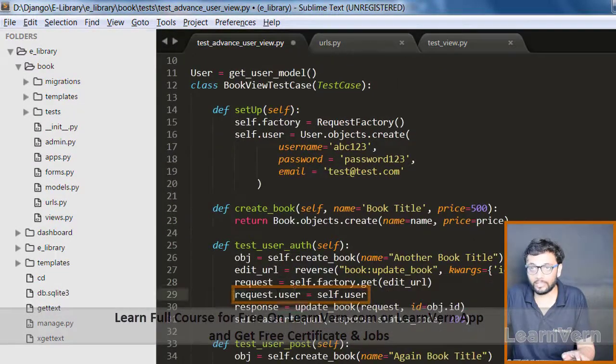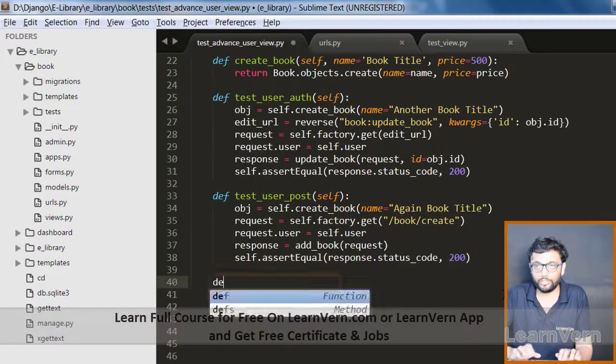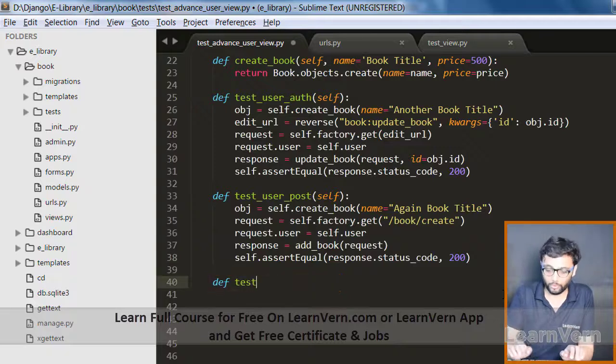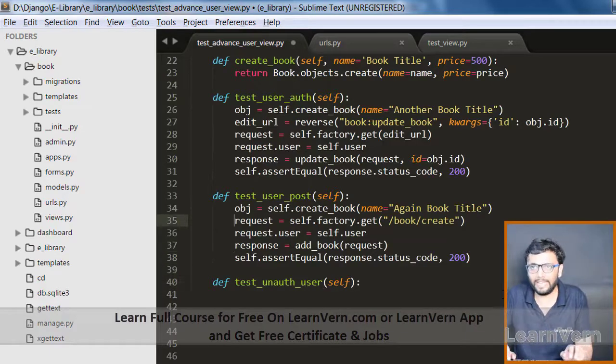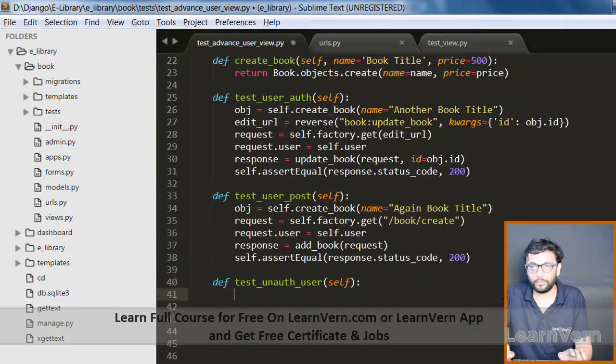So we have passed the request.user is self.user. Self.user is the user objects create. Okay, so we have created the user over here, and what if the user is not authenticated? So we check the unauth user. So test_unauth_user, so self, and just like the auth user means authenticated user, we need to copy